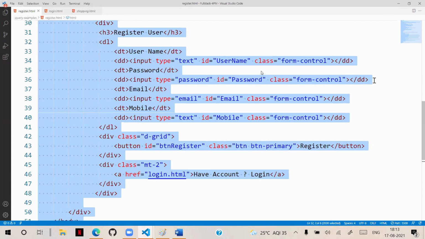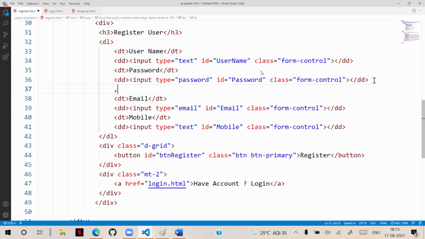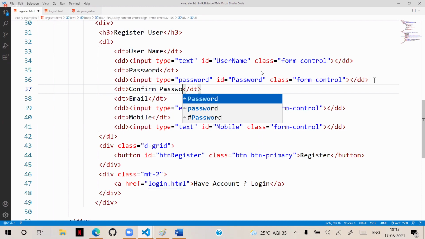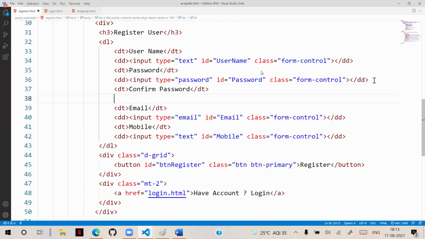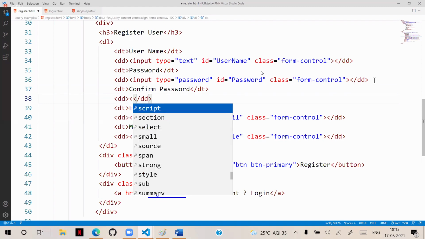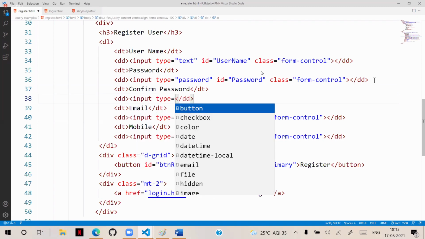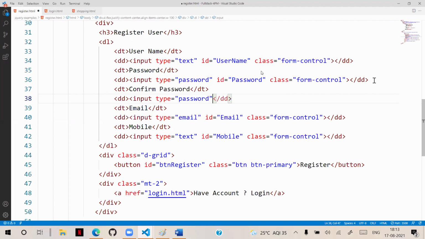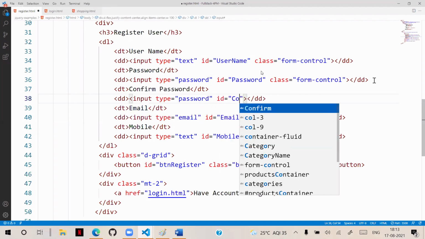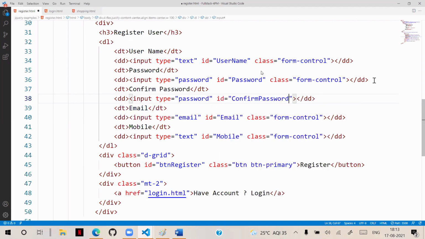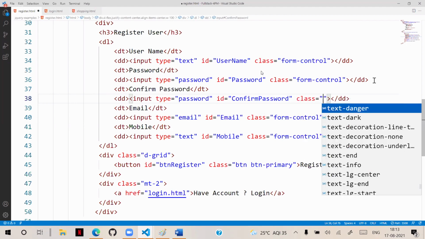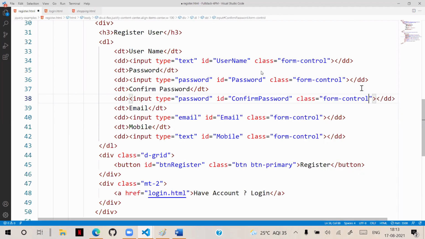For example, here we are writing another data term, confirm password, because you cannot allow the user to enter the password just one time and verify. So here we are giving input type equal to password and ID as confirm password. Class is form control.